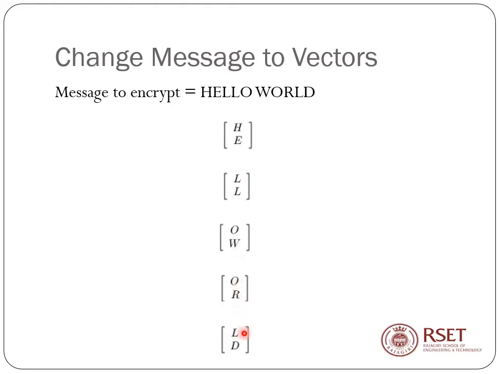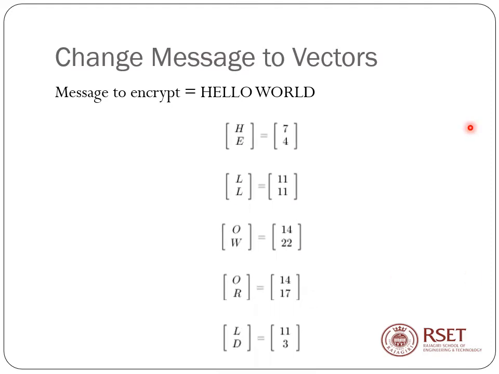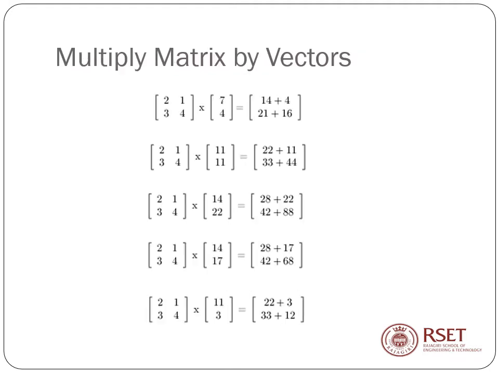I have converted that plain text into 2 letters each, and I have written it as a 2 by 1 letter vector. Now I want to convert it to numbers. See, look, H is 7, E is 4, L is 11, again L is 11, that is our substitution. O is 14, W is 22, D is 3, etc. So you convert a 2 by 1 letter matrix to a 2 by 1 numerical vector. Call it a vector.